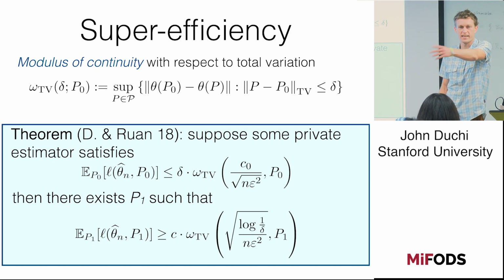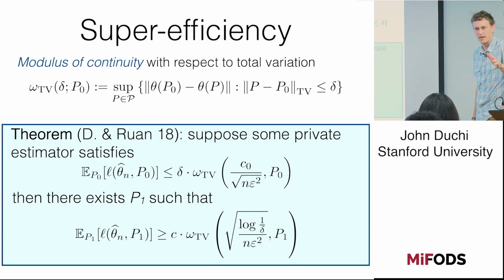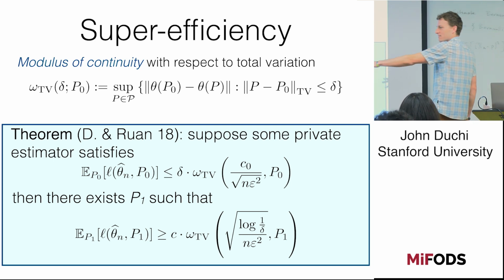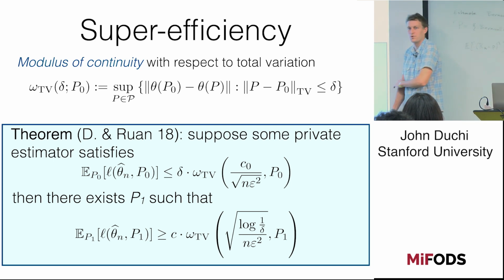If you do better in one place, I can give you a population where you have to be bad. So you can never beat my lower bound; it really is the right lower bound. If you beat it, you have to be worse for some other problem. There are other populations you can't do well on.